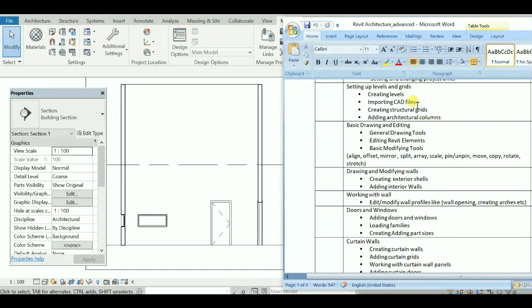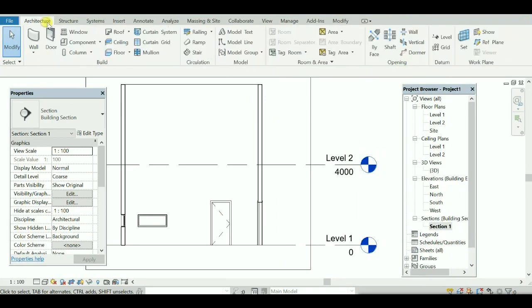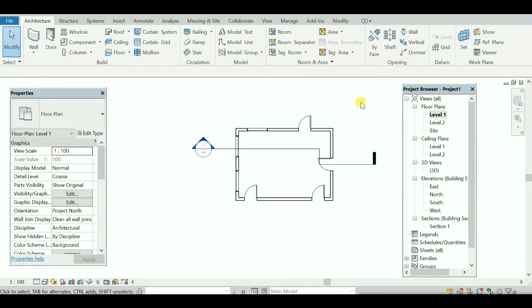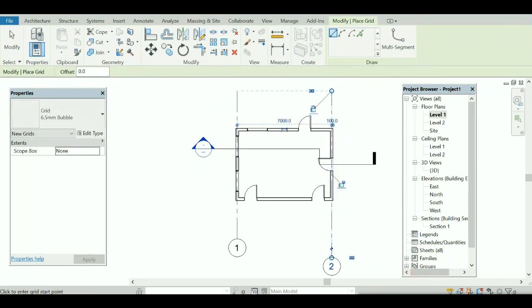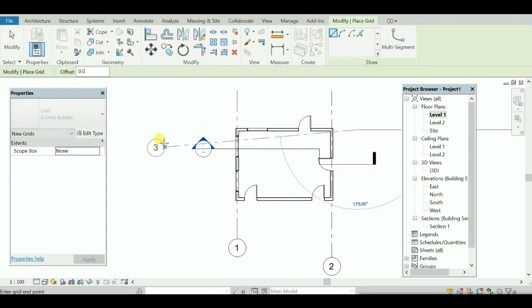After we are done with creating the levels and grids, let me show you the grid option. Like this is the grid. Grids are generally required mainly for construction drawings. Suppose we want to do the layout of a column or beam, then we'll be using this grid option. Like this, we can draw different grids just to mark the center line. And after the column placement is done, again you can do this grid replacement also.